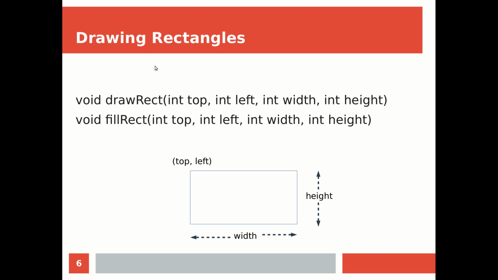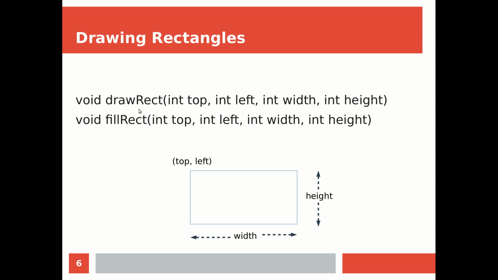Now we have the next method, that is for drawing rectangles. And we have two methods for this. The first is drawRect and the second is fillRect. The difference is evident from the name itself. drawRect draws a rectangle as edge only, and fillRect fills the rectangle with some color. And how we can fill a rectangle with some color, or fill any basic shape with a color, that we will see in coming lectures.